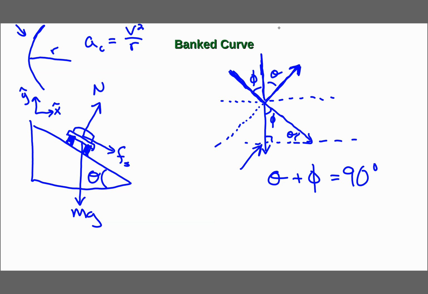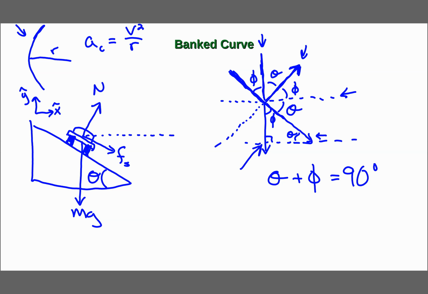But then this is vertical right here, and this is horizontal right here, so this must be phi again. But then again, this is the angle of the ramp down here, and this is the normal force, so those make a 90-degree angle, and phi of it is used up here, so this angle right here must be theta, okay? So then if I go back to my picture